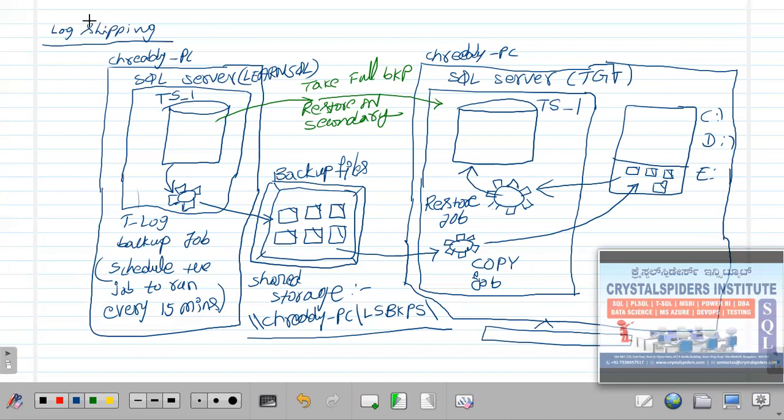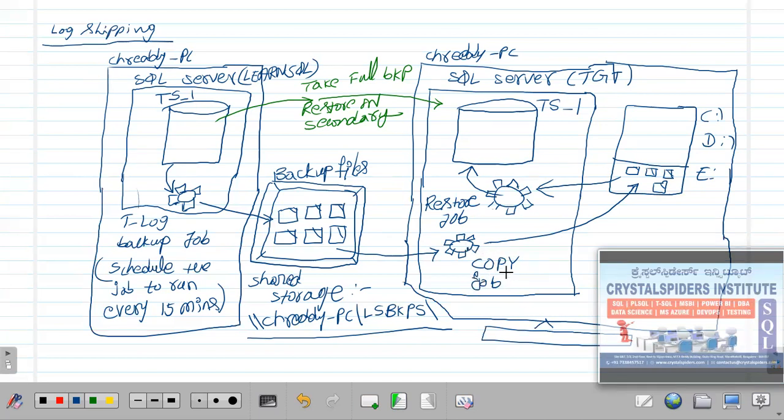In log shipping, what it is doing, it is going to run a backup job. It will take transaction log backups and put them in one shared path. So there will be one transaction log backup job for this database, and as per the schedule, it takes these backups from this database and puts them here. And the copy job, what will it do?